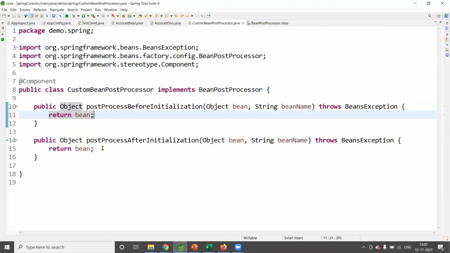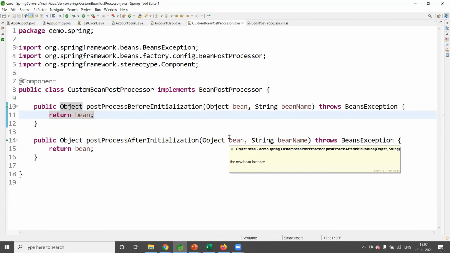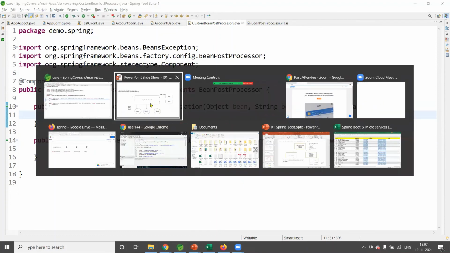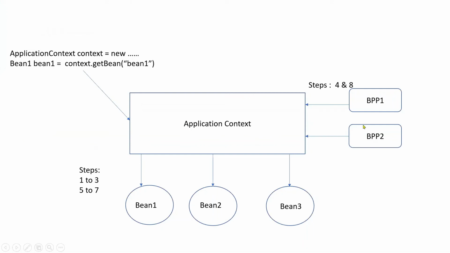The advantage of this is every bean will enter into the post processor, and that instance will be available. We can manipulate that instance actually. If you want to set some properties, or mask the password, or create some proxy object, anything we can do here. But by default, as part of the life cycle, Spring will send all the beans to the post processor.